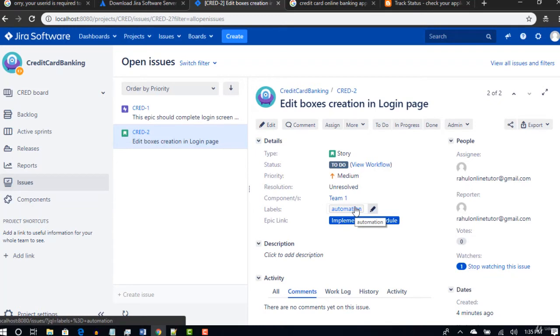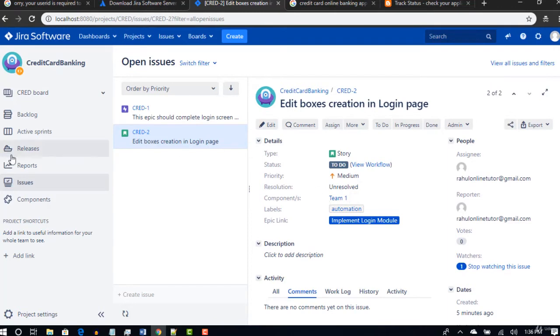If there are multiple teams, basically your product owner will come and assign your stories to specific teams. He will do that by creating components team-wise and giving that information to your user story, so that you can open your user story and see which component or which team it belongs to, and you can pick accordingly. Okay, that's how components work.